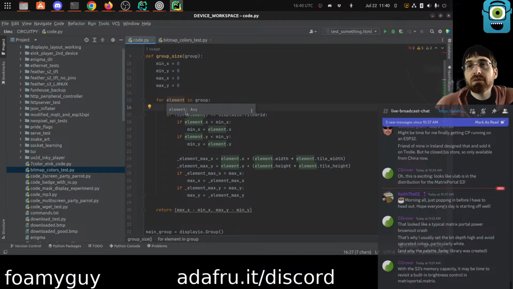Honestly, I feel like we can pretty well get away with just not caring about the recursion and instead say that it works on groups that contain, for my case of scrolling, directly visible elements, I'll call them. No additional groups, just tile grids and